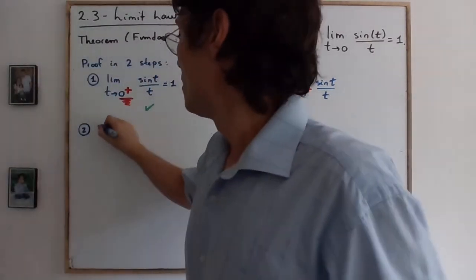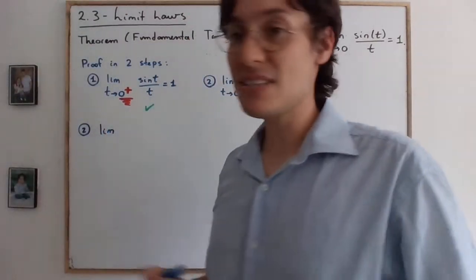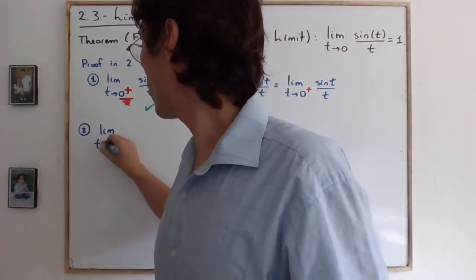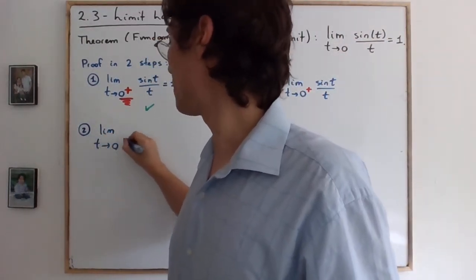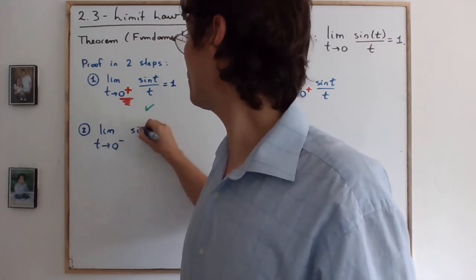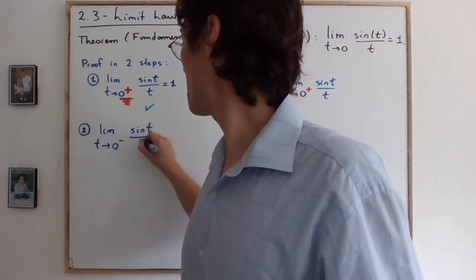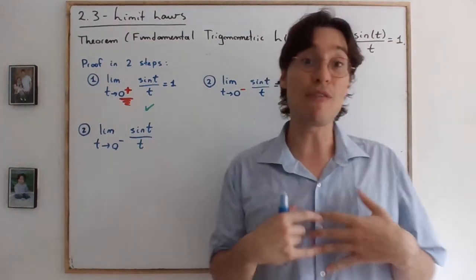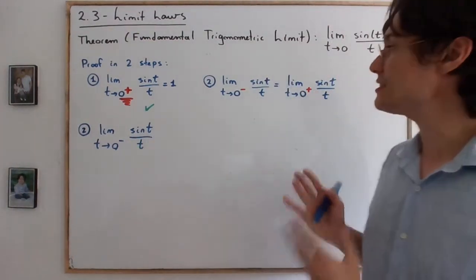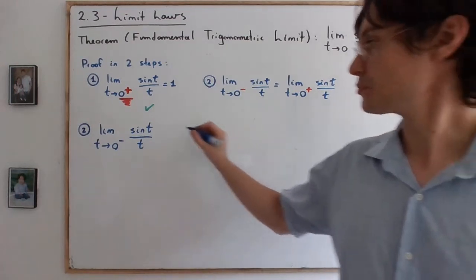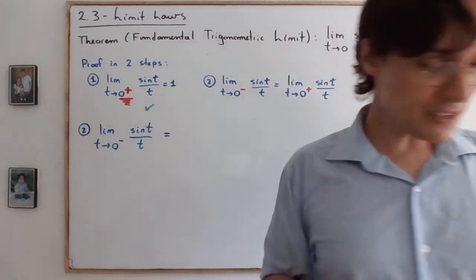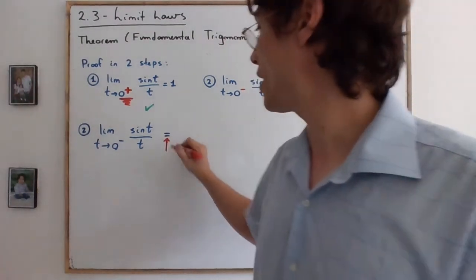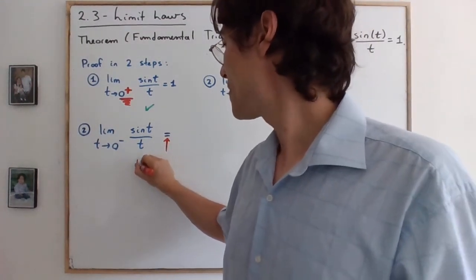Okay. So this step doesn't have any squeeze theorem or special kind of algebra. What we will do is a change of variable. Okay, so we would like to compute the limit as t is approaching 0 from below of sine of t over t. Okay, so the first thing we're going to do is a change of variable. So we will say